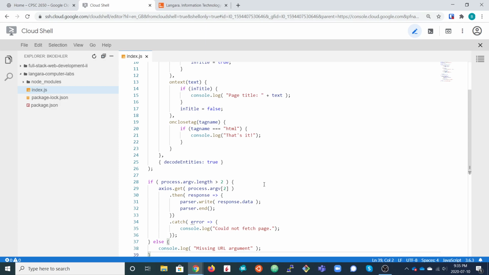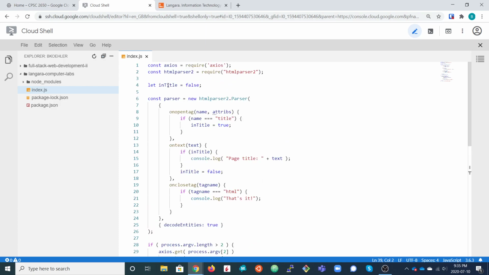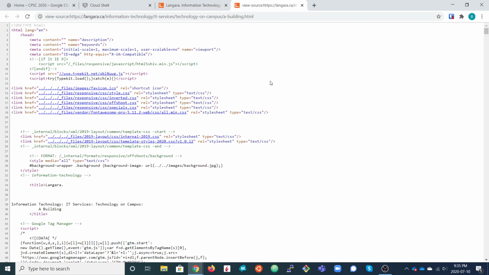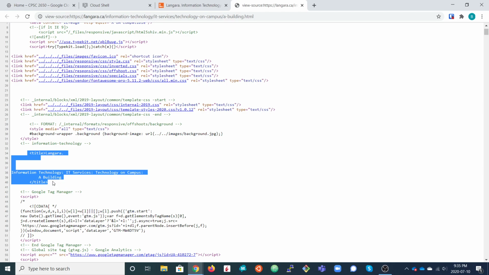The only thing we do in this particular case is display to the user what the contents of the title tag for this document is. So if I go and look at this page, hopefully it's not too difficult to find. There it is. There is the title element.